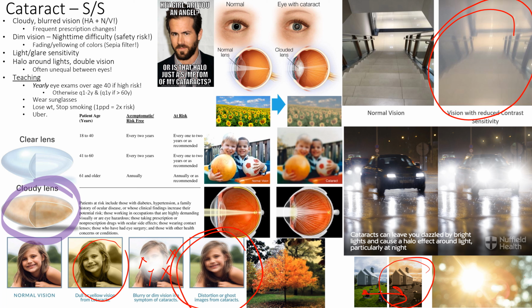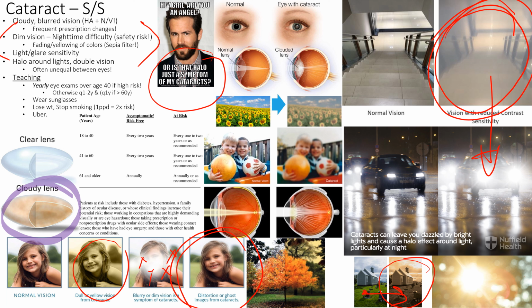So here's some of the advanced cataracts in the top right, and they can't see the start of a step or the end of a step. So that puts them at risk for what? For falls, right? So they have dim vision, so these guys should also not be driving at night, right? They can't see clarity, but also their vision is dim, all right? So imagine this is perfect during the daytime at 12 noon. What does it look like at night? Not great, okay? So you got the fading, yellowing of colors, right? They got glare, right? Not so much the ghosting, but glare. And they got a halo around lights. Are you an angel, or is that just a symptom of my cataracts?